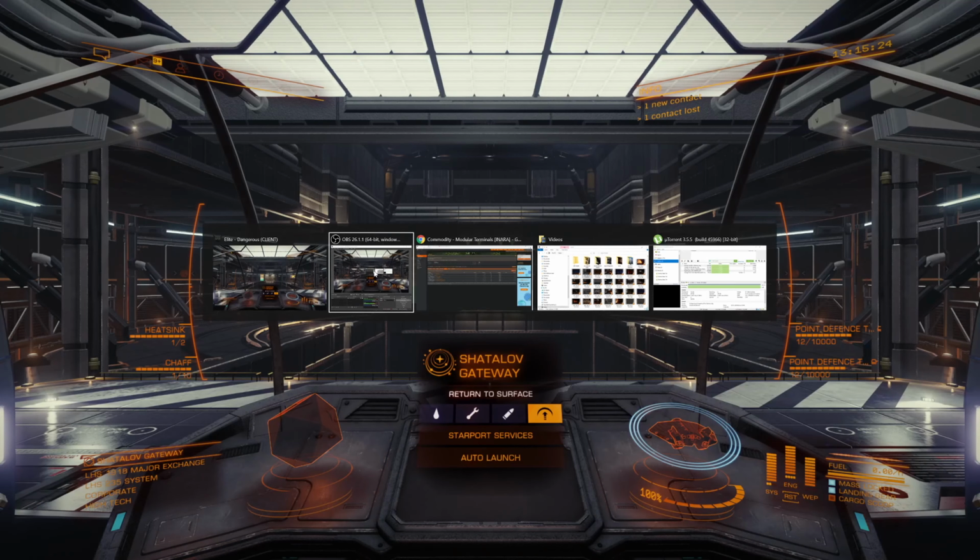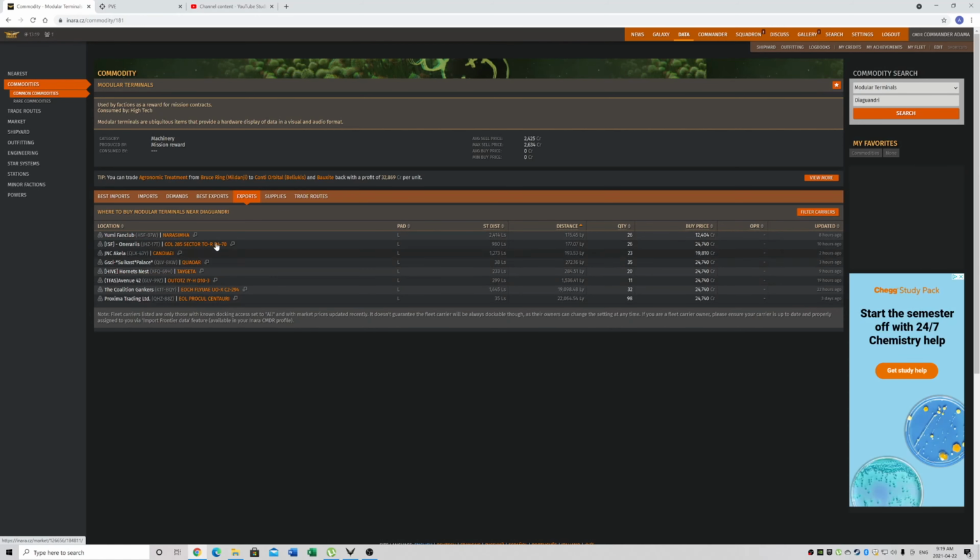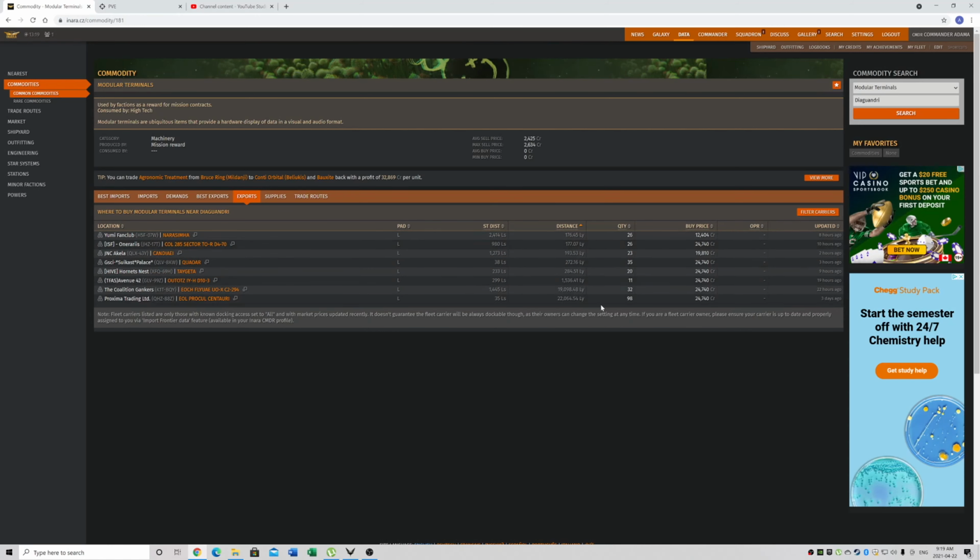Okay, so another thing to point out, I've been searching around a little bit, and I'm not having much luck finding the modular terminals, which is pretty normal. They're pretty hard to come by. Now, if you are a member of our squadron, I know I have on my carrier a stock which we keep private. I know Larithad also has a stock that he keeps private, so please reach out to us if you're at this stage. We can help you out with modular terminals. However, you can also just check up on the